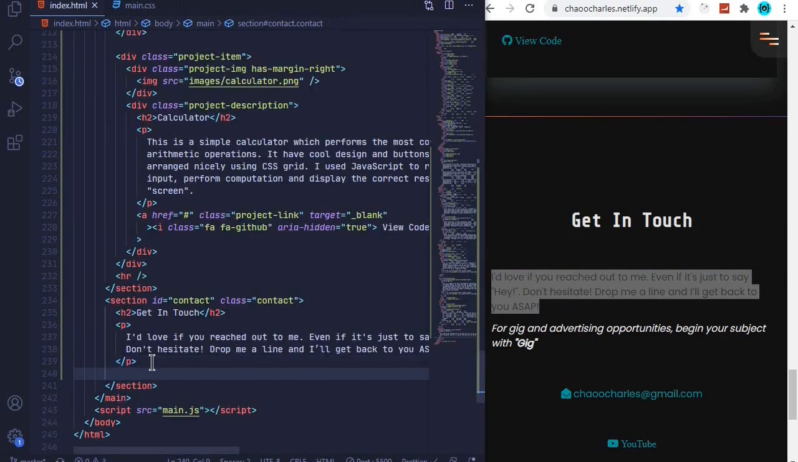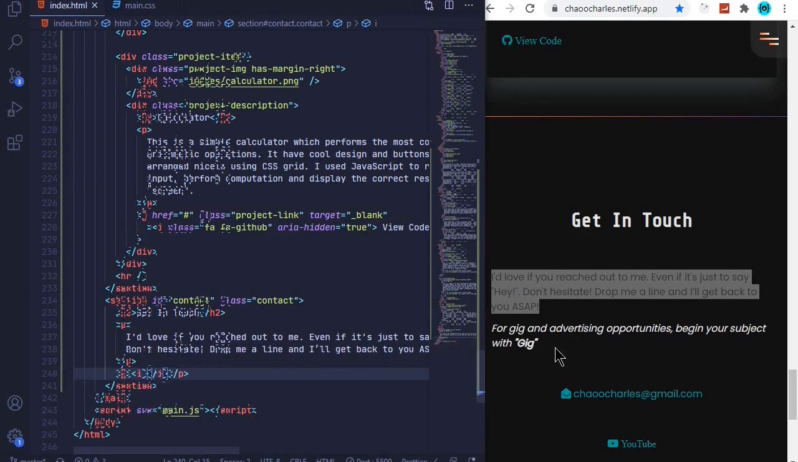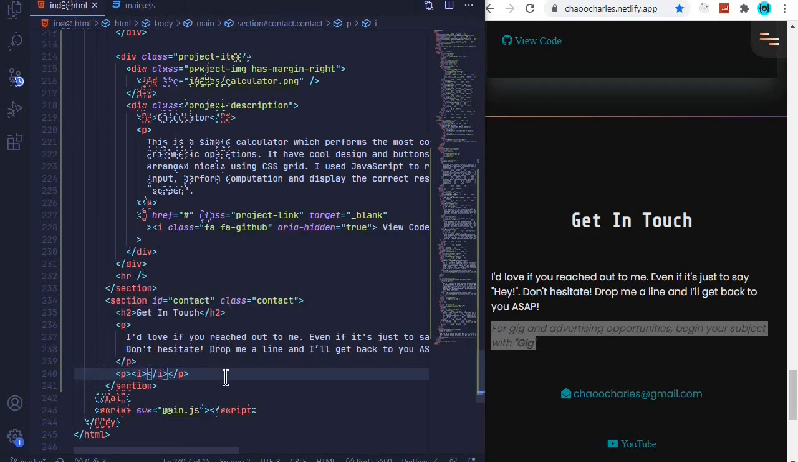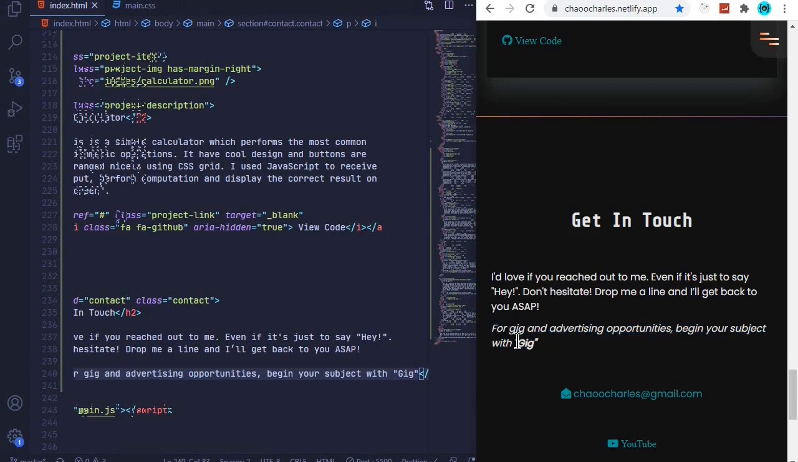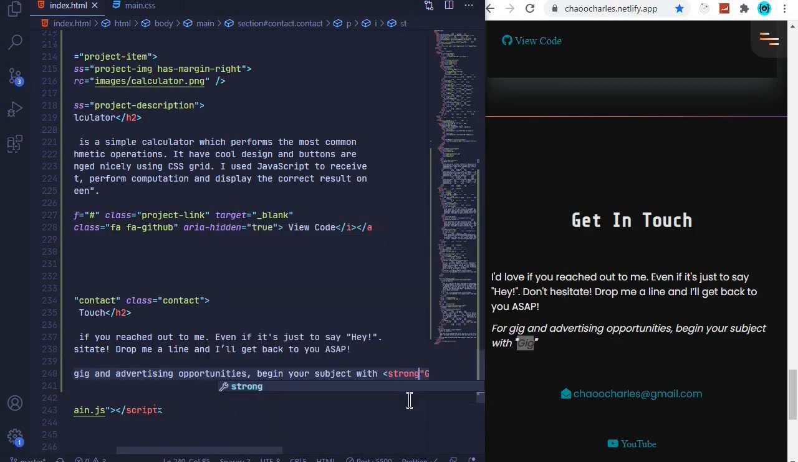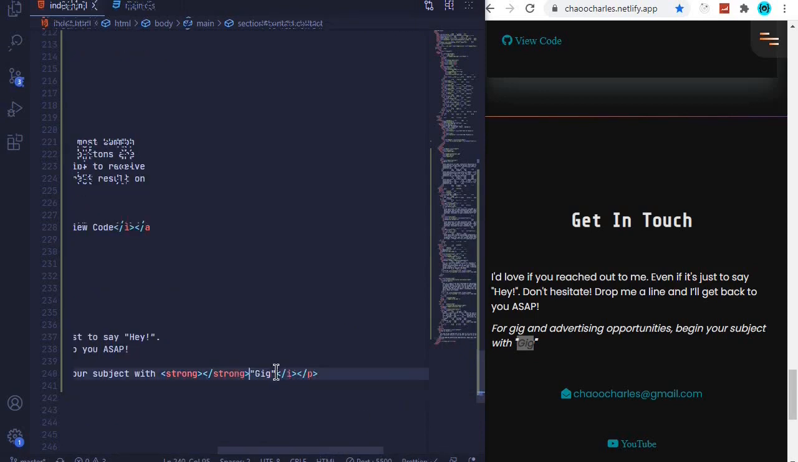We will also have another p tag, and inside this p tag we will have an i tag, which will make our text italic. So I'll just copy this and paste it here, and you can see that this is in bold. So what you can do is wrap our gig here with strong tags. Okay, so right here you can say strong, and I'll cut the gig and paste it inside the strong tags,